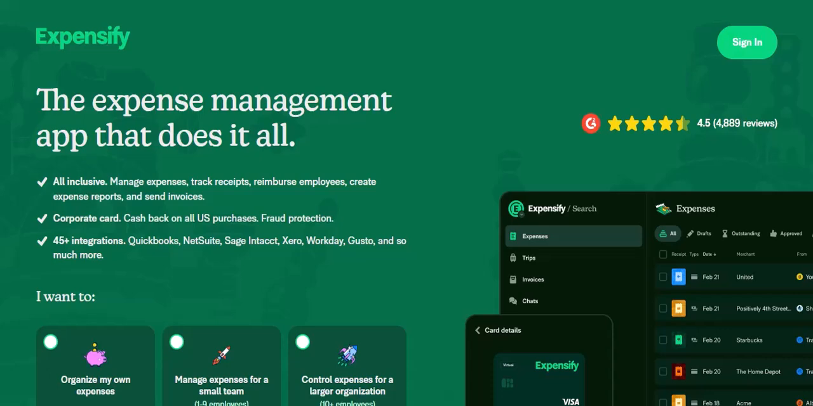Ever wondered how Expensify handles client billing? It's a question that often pops up, especially for teams managing multiple clients and complex expense reports. Let's dive in. Before we delve into the specifics of client billing, let's quickly recap how Expensify works for individual